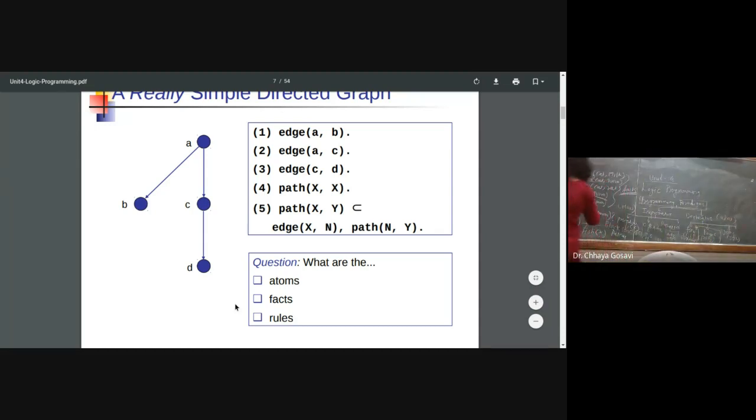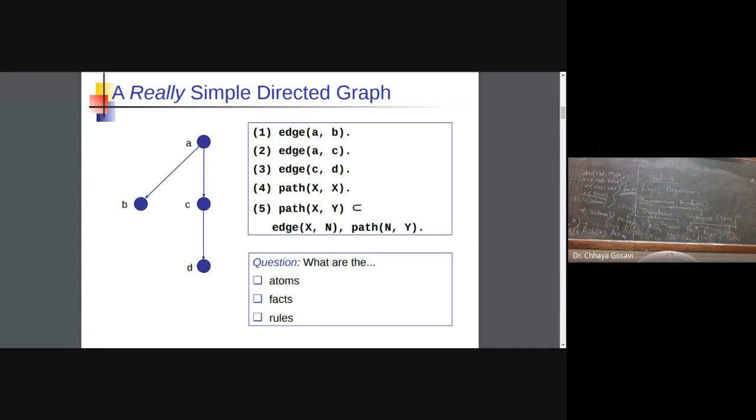The query is path A comma B question mark.